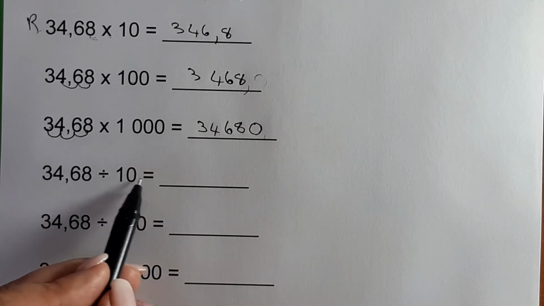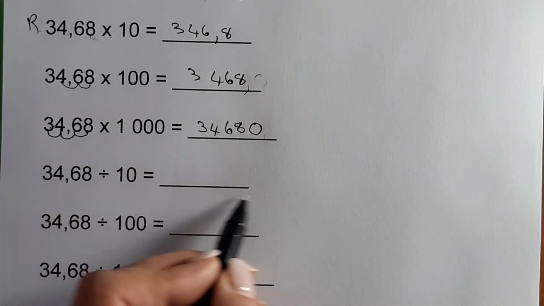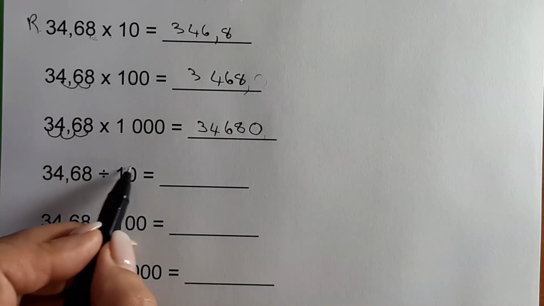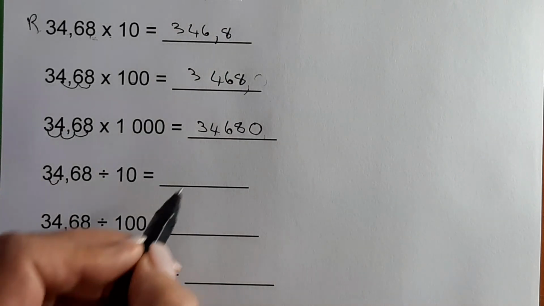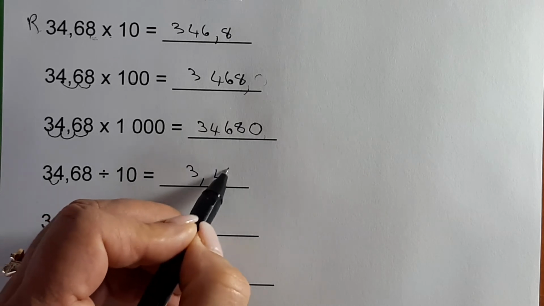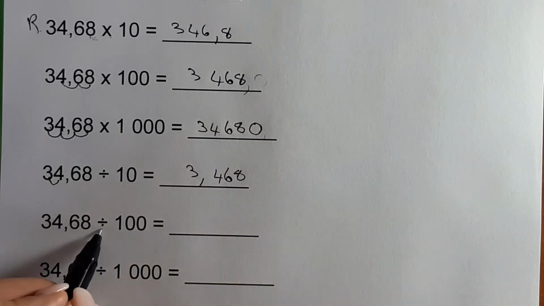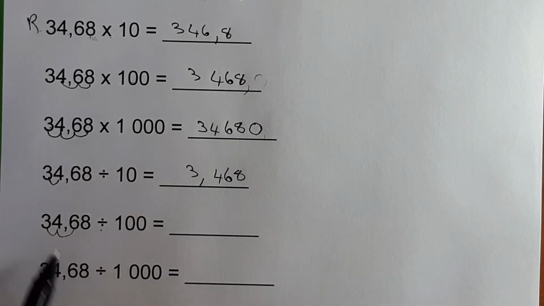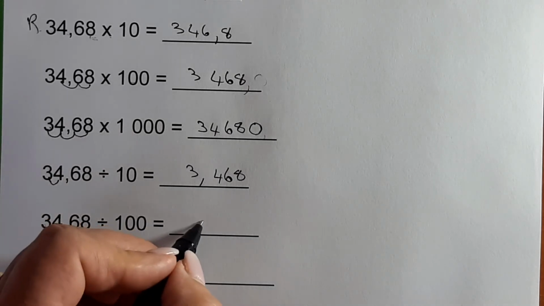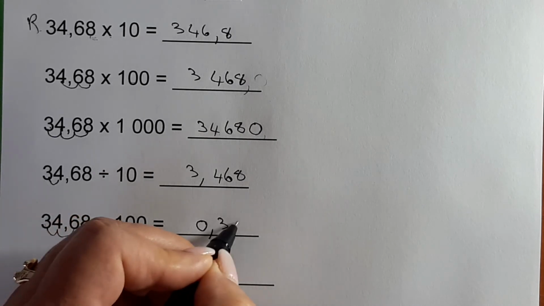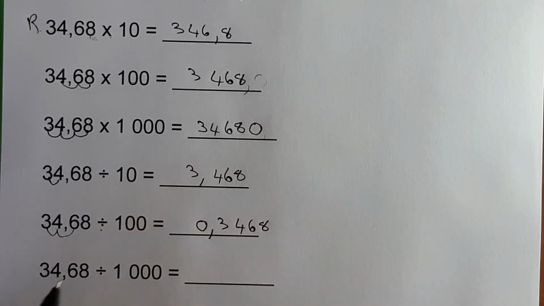Now when you divide, it gets smaller, so the numbers will move to this side. 1 0, 1 place backwards, so it's 3,468. Divide by 100, it's 2 places backwards, so the 3 will be just behind the comma, so it's 0,3468. Divide by 1,000, it is now again 3 places backwards, 1, 2, 3. The 3 goes to the hundreds, so it's